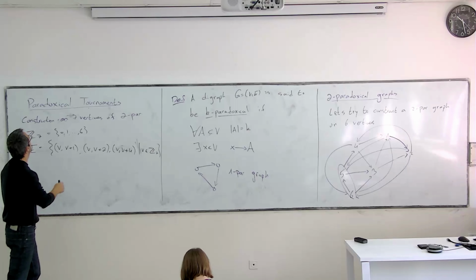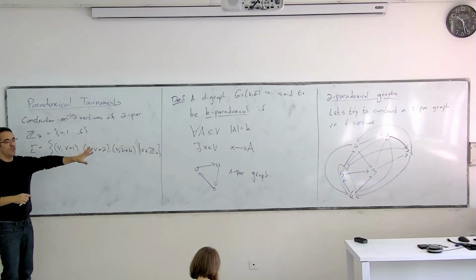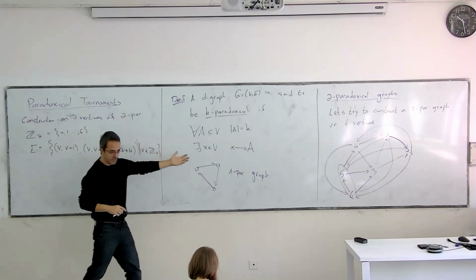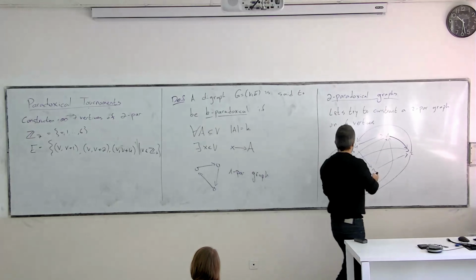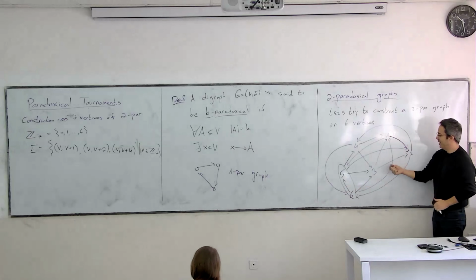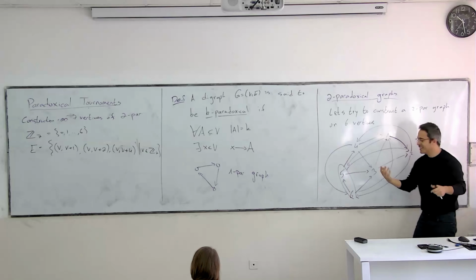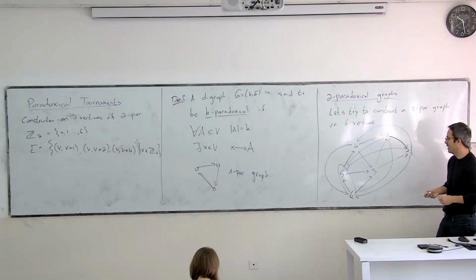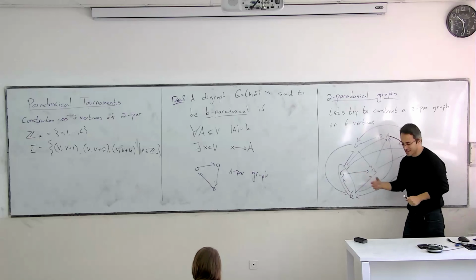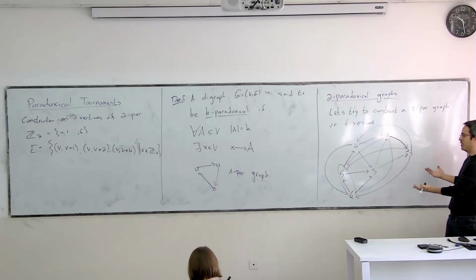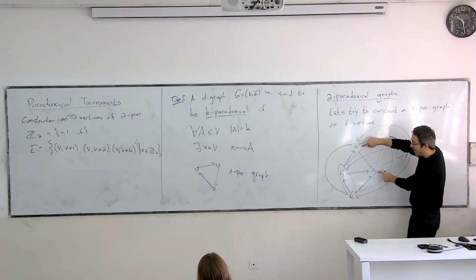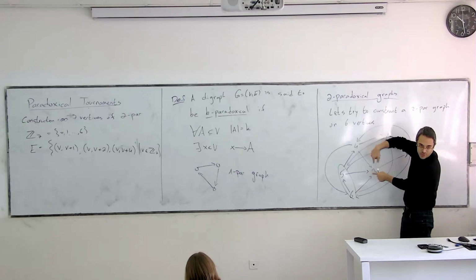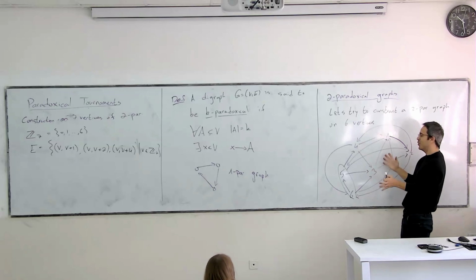Also, I should just say, I call it tournaments, and I didn't say what it is. When you want to prove the existence of such a graph, it doesn't hurt to have more edges, right? Because the requirement is that there is someone there. Adding an edge won't hurt an existing dominating vertex. So if you have a paradoxical graph, you also have a graph in which between every pair of vertices there is exactly one edge in one direction. And that's called a tournament.